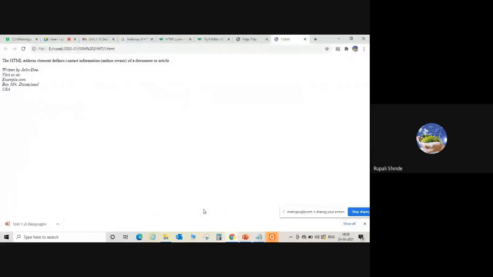Here the address is in italic form and every line should be in a break. Here we have to write the break in the code.